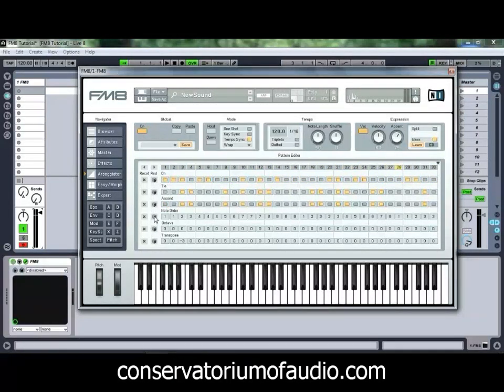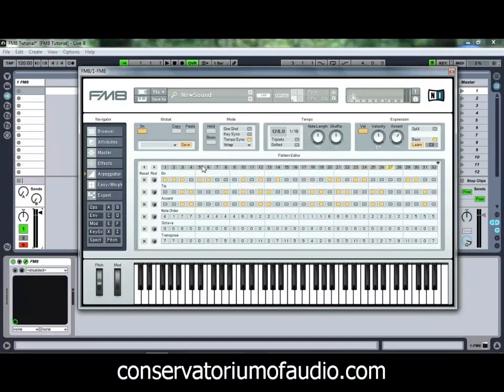And as you can hear, if we just throw a bit of randomness in there, you can come up with all sorts of interesting stuff. So there's a lot to play with the FM8 arpeggiator. So it's the sort of thing I'd recommend sitting down and spending a decent bit of time with to sort of get used to all of the different features that it provides,